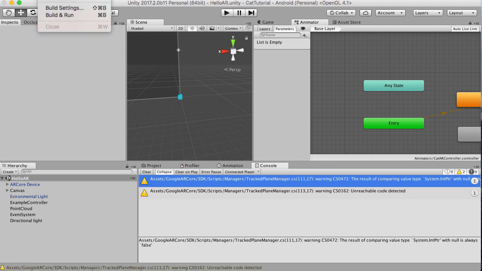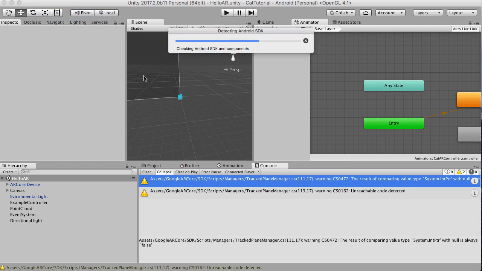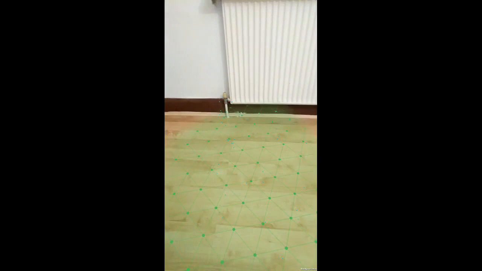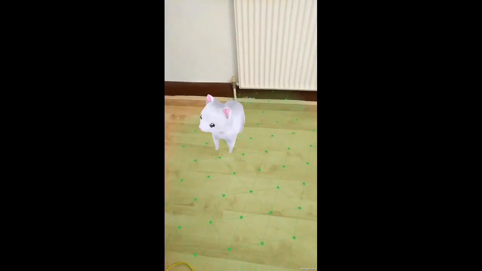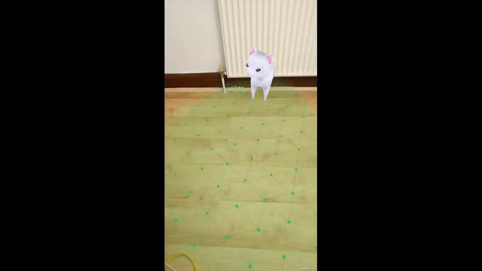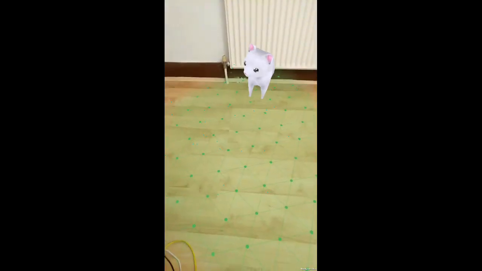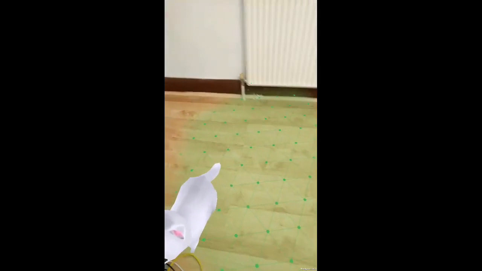So let's try file, build and run. Alright, so we're making the floor here, and let's tap once, should make the cat, and if we tap again it should move it. Let's see. Ah, there we go, we've got some movement going on. Wherever I tap, the cat moves, which is pretty cool. Now obviously there's